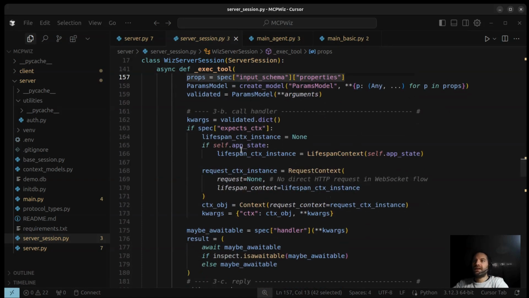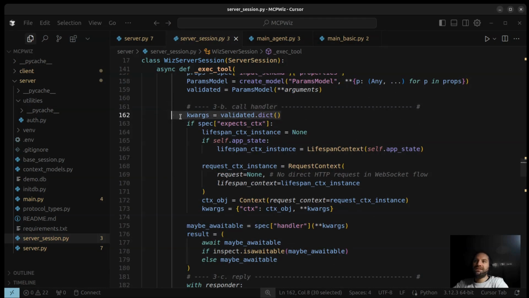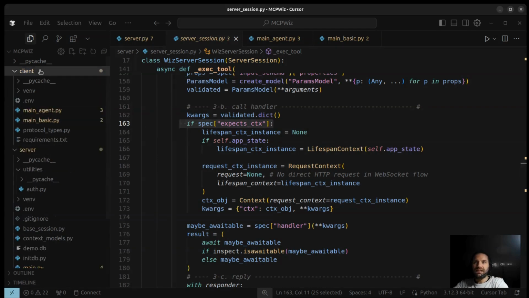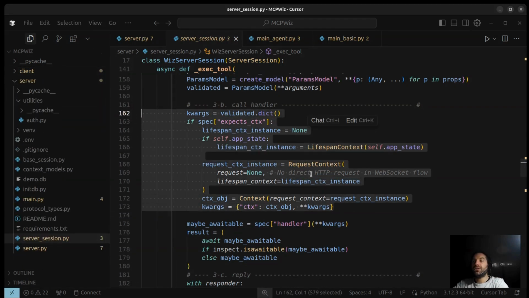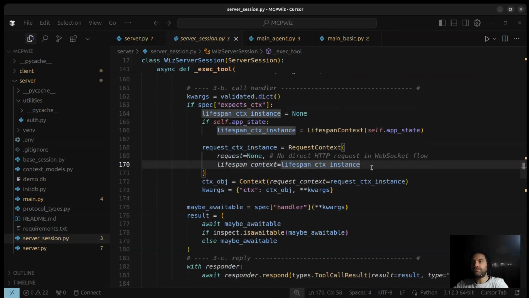So we have the context injection. This creates a validated dictionary. It converts the validated parameters into a dictionary. This part checks if the tool's handler function expects a context object as its first argument. This is determined when the tool is registered with the MCP tool decorator. We will see later in the decorators. Actually, this part creates the context to initialize some resources, base or other